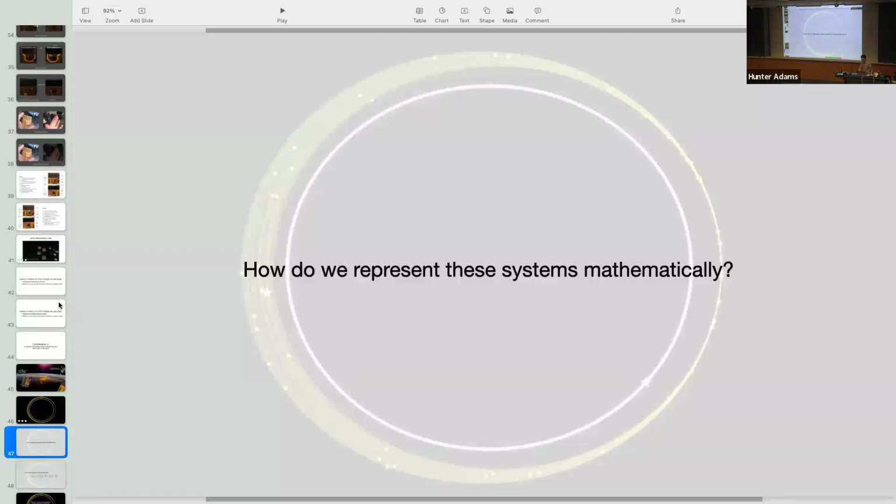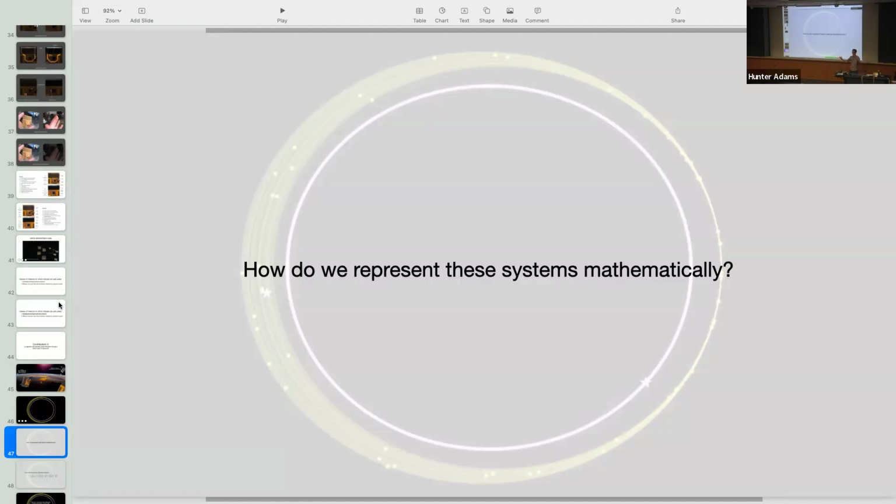I want to make just an observation. The observation that I'd like to gently make is, I keep making this claim that I think these represent something different, a different tool for space, very different from conventional satellites. One of those differences, I think, is reflected in how you represent these systems mathematically.